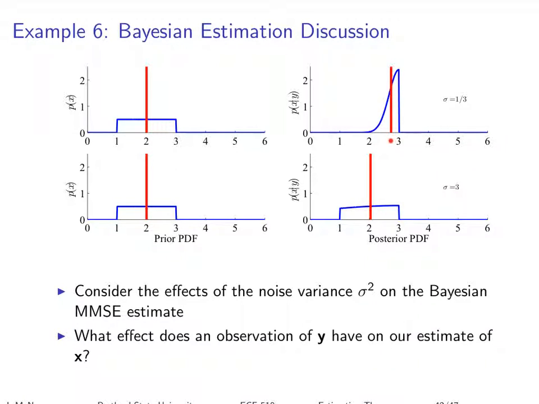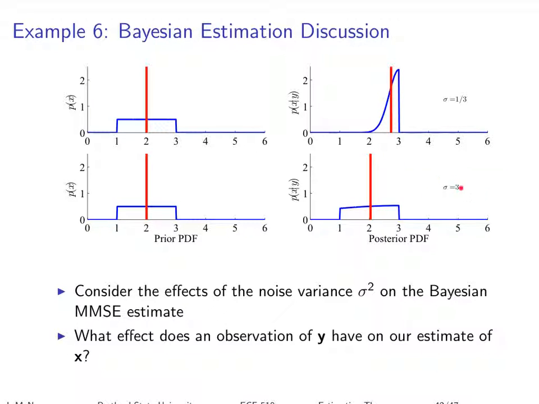Now the Bayesian estimate is closer to 3, closer to where that measurement is. We can rely on that measurement more because there's less noise. It's more trustworthy. We've got better information now that we've got less noise variance about where the thing is that we're trying to estimate, where it actually is. And so appropriately, the Bayesian estimator nudges that and moves that closer to 3. It weights this prior information less and weights the measurement much more.